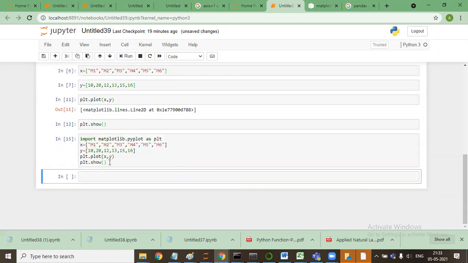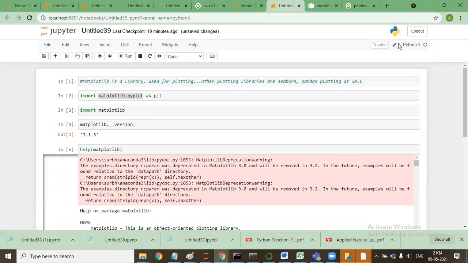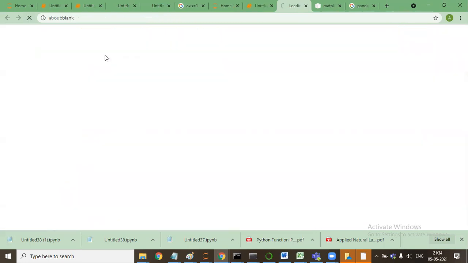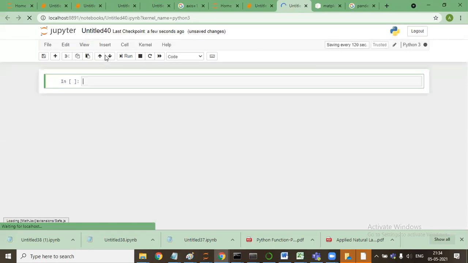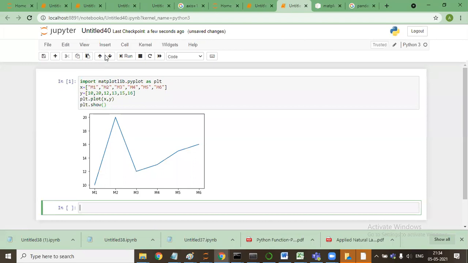It should have come. Okay, let me copy it. I don't know why it was not coming there. So it shows the plot of x and y.